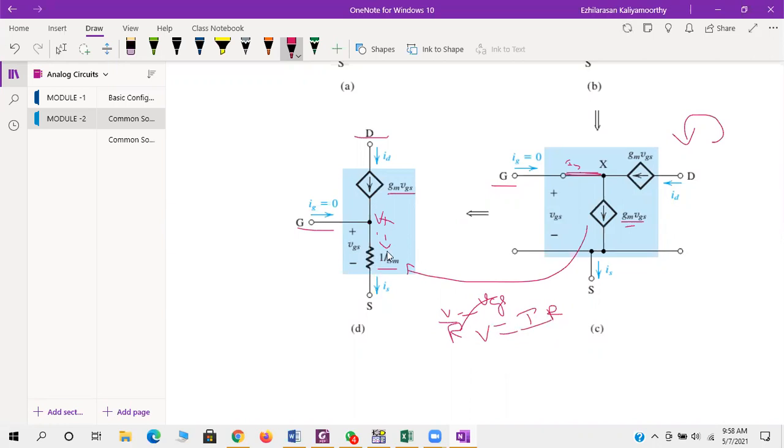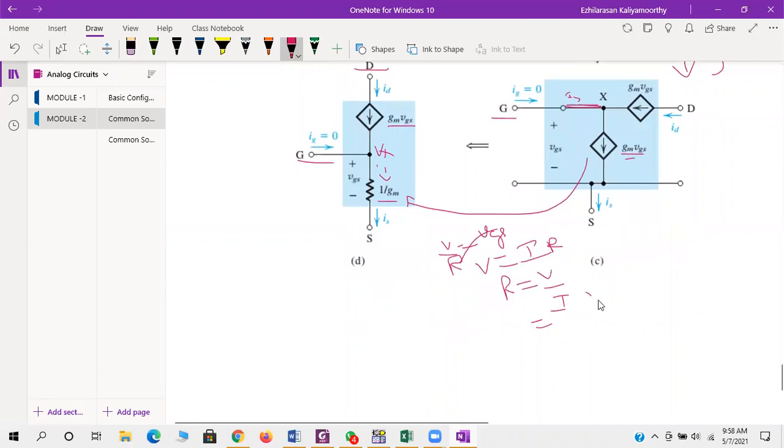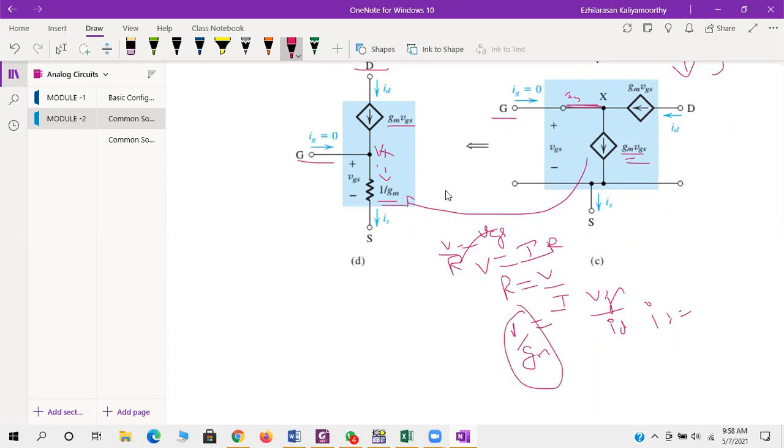So this will be your resistance. The resistance, I can say, R is equal to V by I actually. So V by I, what is V? It is nothing but VGS. And what is I? It is nothing but ID. Correct? But here I am having a current source. This will be your conductance, not a resistance. 1 by gm. So ID is equal to gm VGS, I'll get the same. That is why we have taken 1 by gm. As we know, gm is nothing but 1 by R, so 1 by gm is nothing but the resistance.